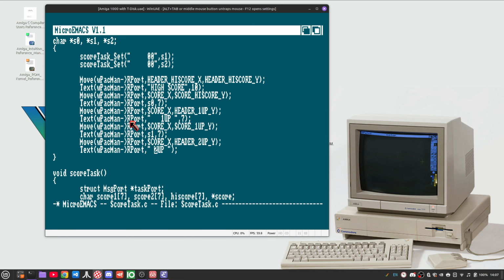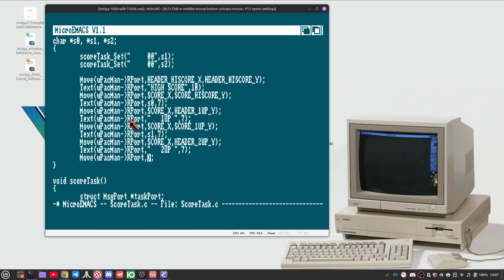And we're almost done with this part right here. Sorry, guys. So you'll see in each case, it's the same pattern over and over again. The headers, then the score values. And that's the entirety of ScoreTask